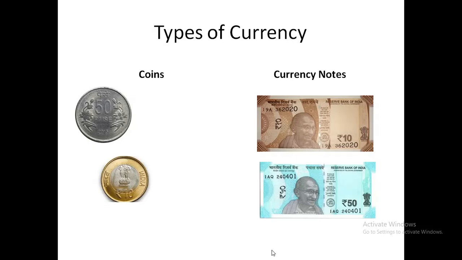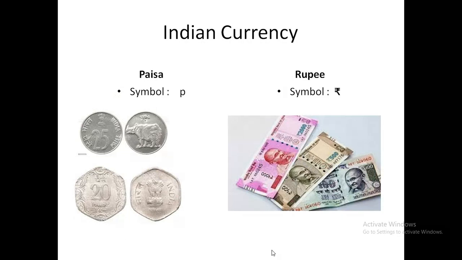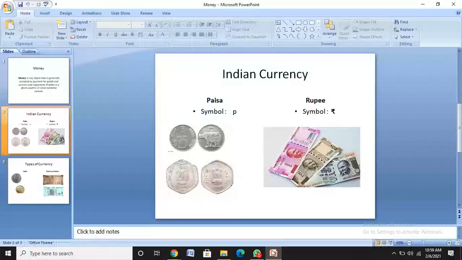The types of currency we use are coins and currency notes. Coins are 50 paise, 10 rupees, 5 rupees, and currency notes are 10 rupees, 50 rupees, 100 rupees, 2000 rupees. We are not using 25 paise in today's situation. We are just using 50 paise, which you can see with a few shopkeepers, but we use only rupees right now: 1 rupee, 2 rupee, 5 rupee coins. Getting this point? Or 10 rupees.